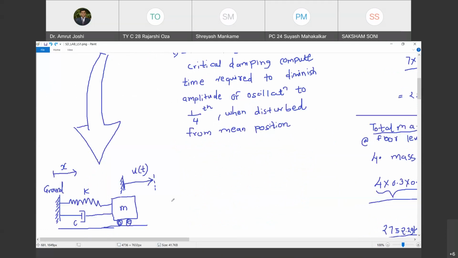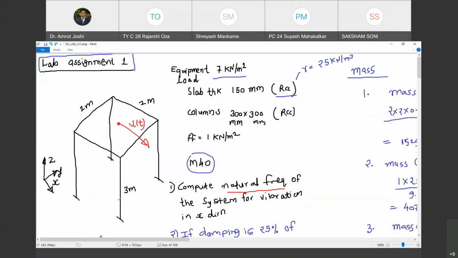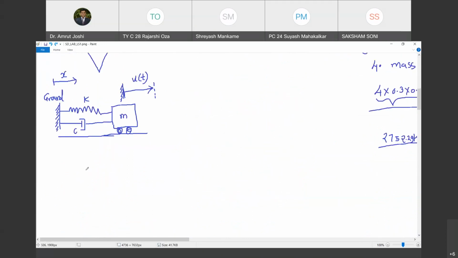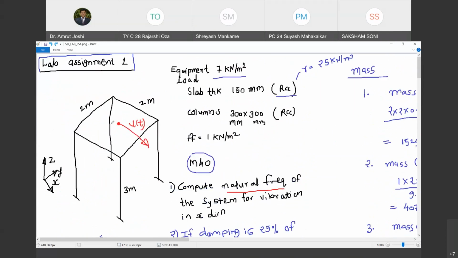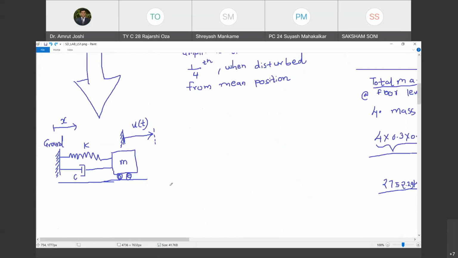What all characterization have we done so far? We have understood that the ground support here for this frame is the support like a wall shown here. So that support is mapped. The second thing that we have mapped is we have computed the mass of the system, which can be assumed to be lumped at the floor level. Have we? Yes.